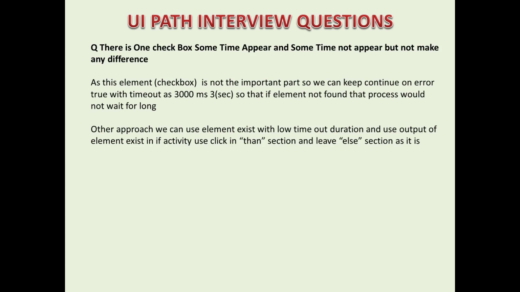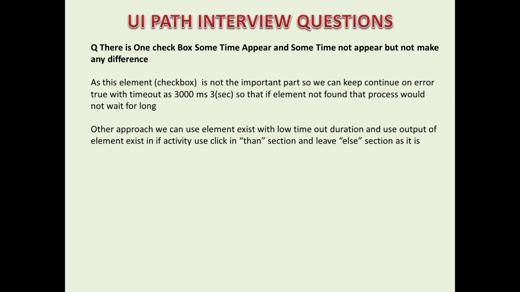Okay, so this is the last UiPath interview question of this series. There is one checkbox. Sometimes it appears and sometimes it does not appear, but it makes no difference for the process, which means it is not so important for the process. So let's say any element, whether that is the checkbox or any other element, it is not confirmed that it will be visible or not. So what we can do is we can